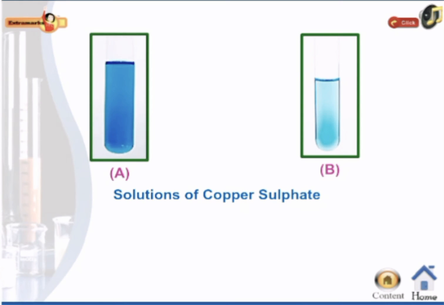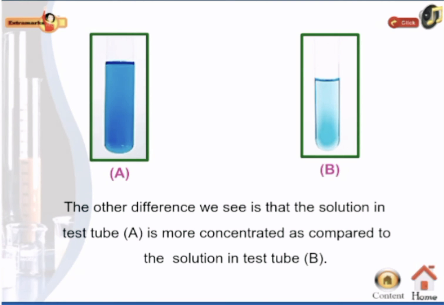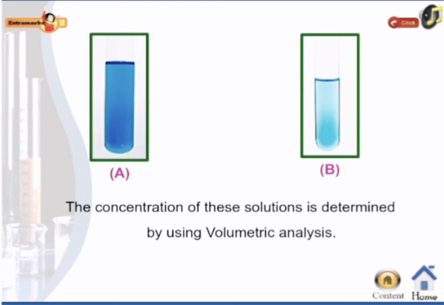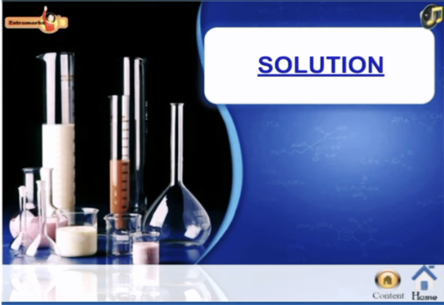There are two test tubes, A and B, containing copper. The other difference that we see is that the solution in test tube A is more concentrated as compared to the solution in test tube B. The concentration of these solutions is determined by using